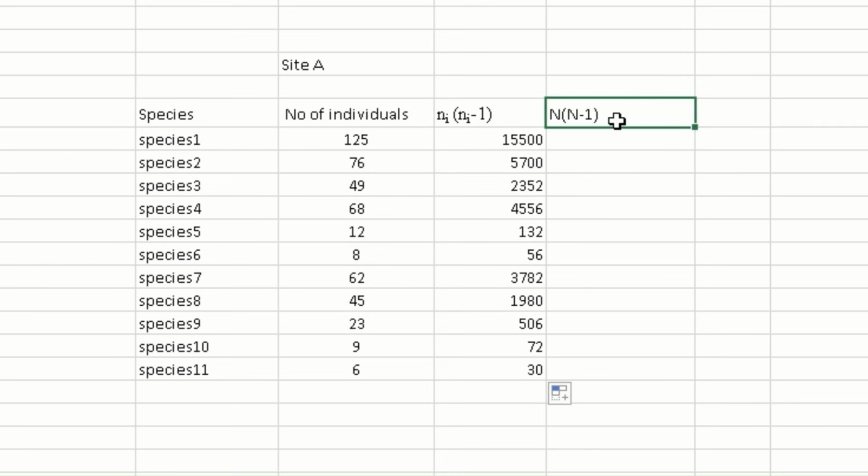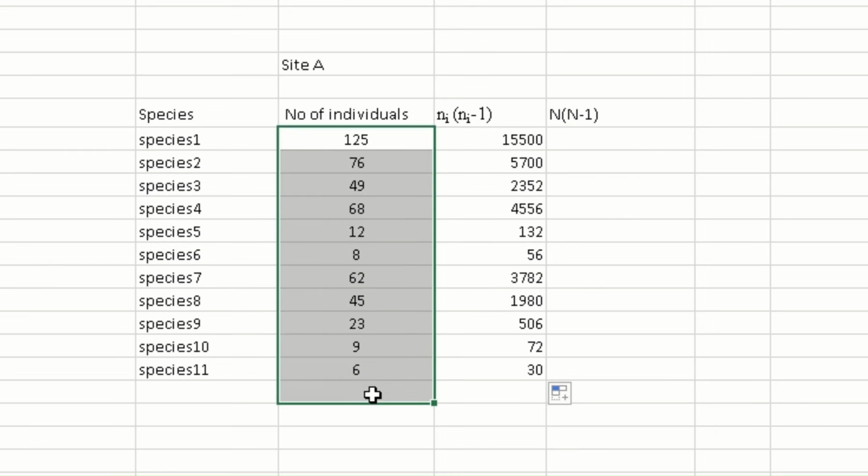Next we do this calculation. So for that we have to add these together,